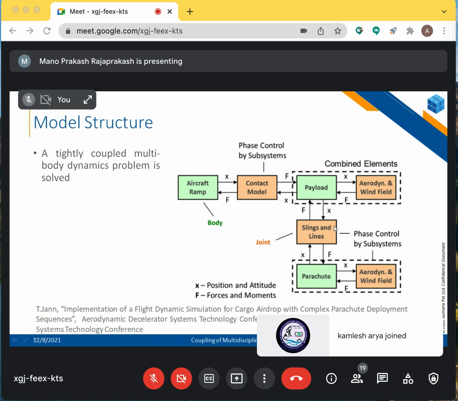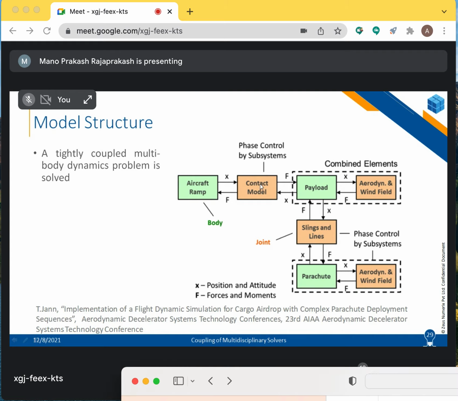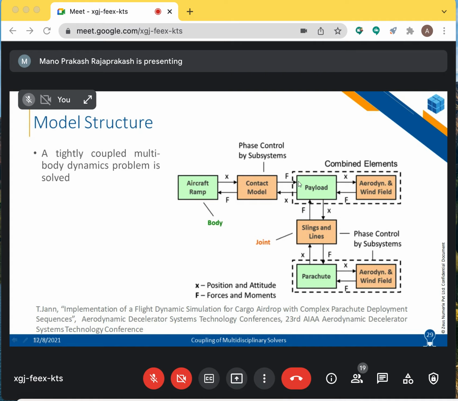And then we have certain common modules that can be applied between two objects. So when I have such a module, I can capture the contact between the aircraft ramp and the payload. Say for tomorrow, I have a scenario where there are two payloads, and they have independent motions. Say I have two blocks which sit on top of each other.